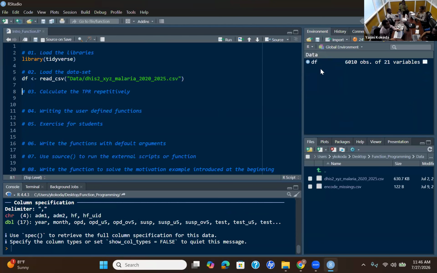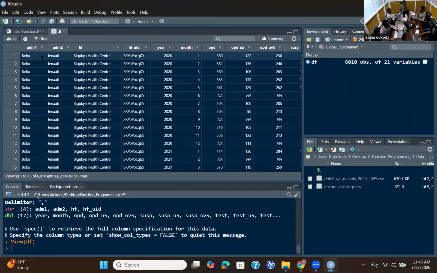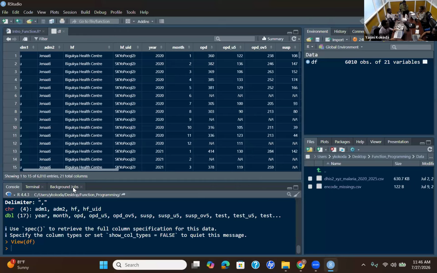fresh. So if you run the code, you will load the dataset which has more than 60 observations or health facilities which are reporting monthly, and they have 21 variables. You can view them here. You can see a similar data frame to what we saw on the slide. However, here we have many variables.